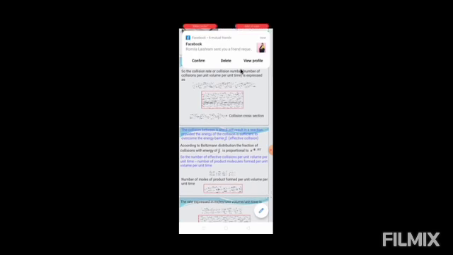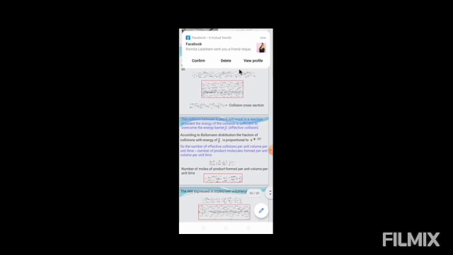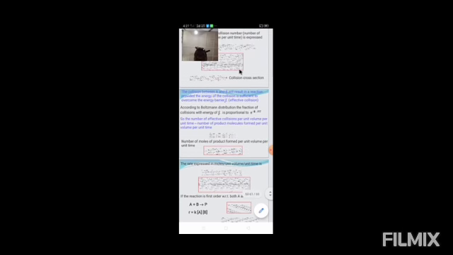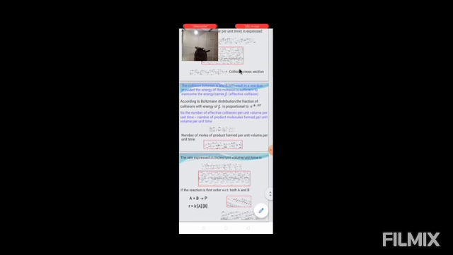So the number of effective collisions per unit volume per unit time is equal to the number of product molecules formed per unit volume per unit time. So the number of moles of the product formed per unit volume per unit time must be calculated, and the rate expressed in terms of moles per unit volume.